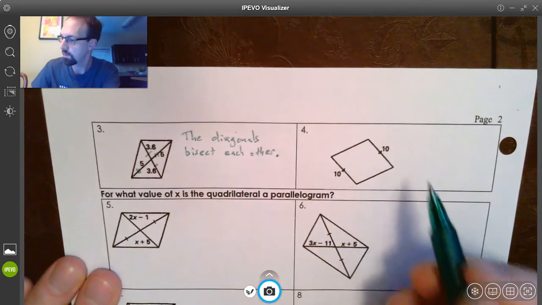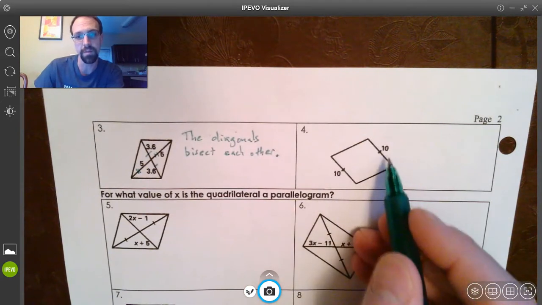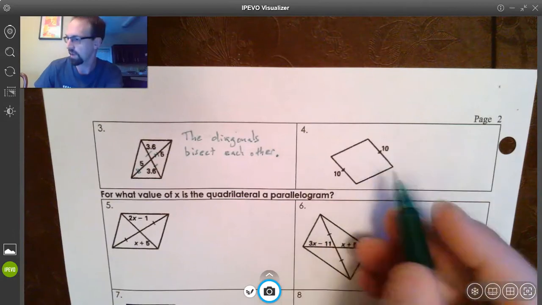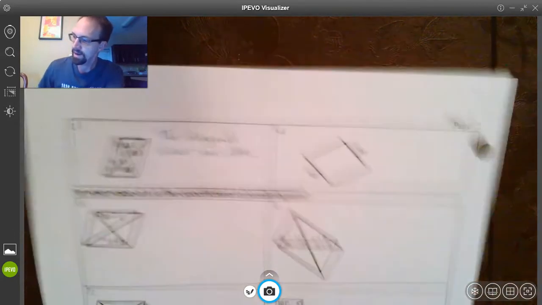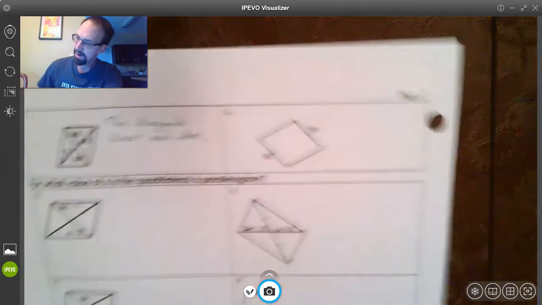And then with number 4 here, it's kind of hard to see, but those are the parallel arrows, and then these sides are the same length. So now we know one pair of opposite sides